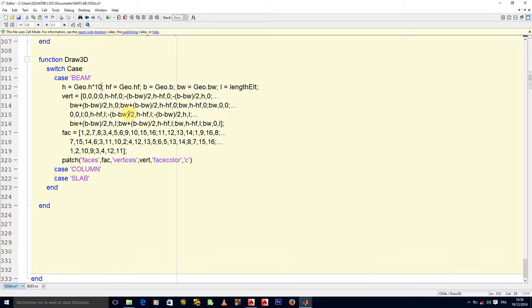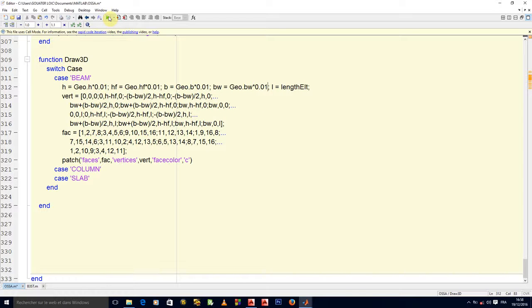So it has to be times 0.01, so times 10 to the minus 2. Control C. Same thing for this one. Same thing for this one. Same thing for this one. And that's all. 1, 2, 3, 4.